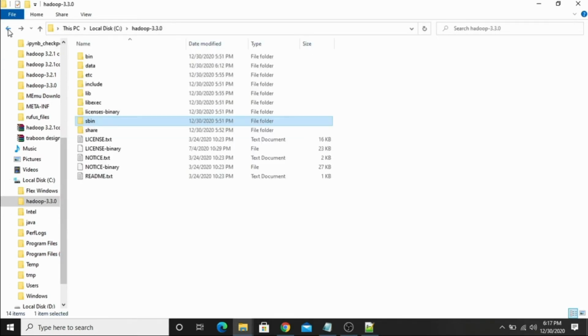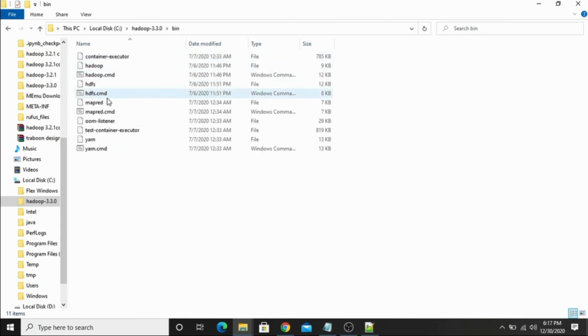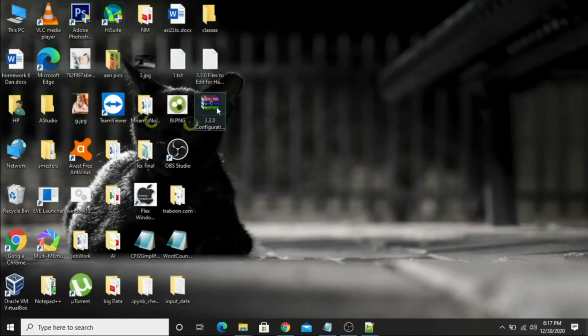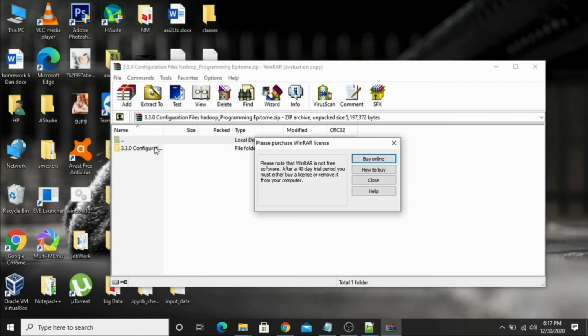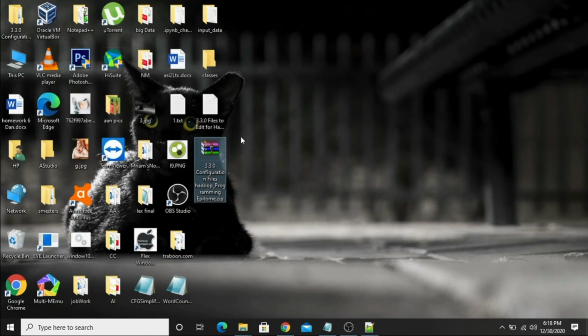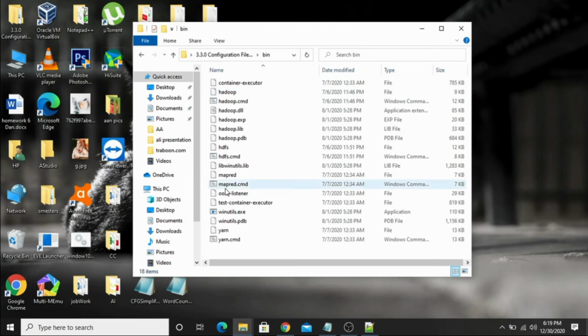Now there is just one more thing we have to do. We have to set our bin folder. There are some missing files. Copy those files from the configuration file, which is given in the description below. You can extract this file. Open this file. Here you can find a bin folder.